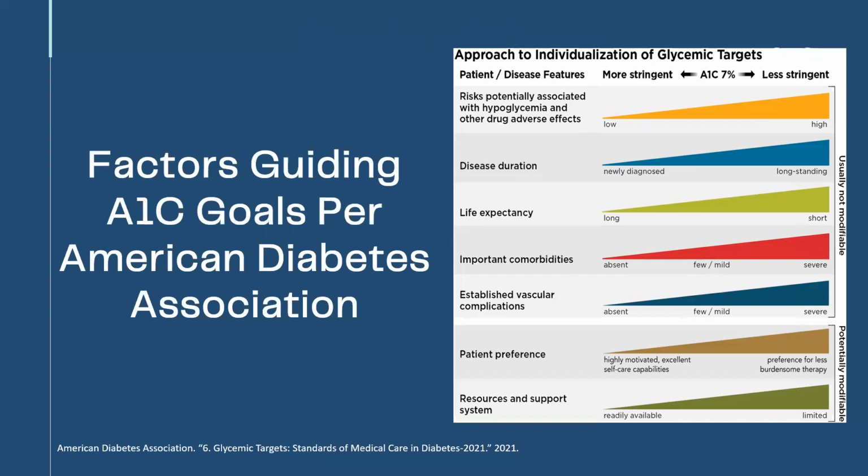You also have to take into account what the patient actually wants. If they're motivated to lower their blood sugar, consistent in monitoring blood sugars at home, watching their diet, you could be a little bit more aggressive versus someone who just doesn't want to even test their blood sugar ever. You're going to be a lot less aggressive because you're trying to avoid hypoglycemia. Next slide.